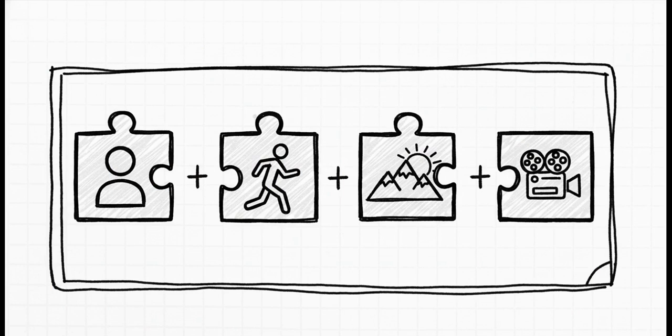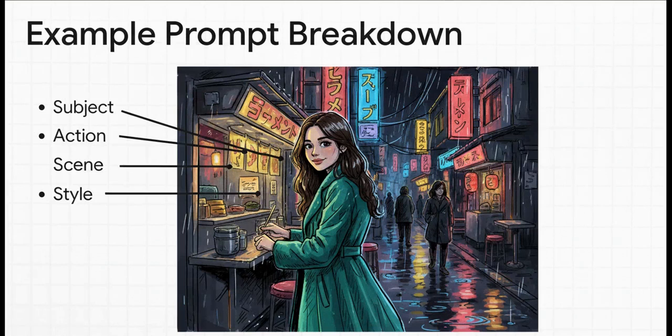Who's in the video? What are they doing? Where are they? And what's the overall vibe or style? This example just shows it perfectly in action. See how every single element adds another layer of detail for the AI? We don't just say a woman in a city. No, we say a young woman in a flowing emerald green coat in a rain-soaked Tokyo alley. We even specify her slight, knowing smile. That level of detail is so crucial because it takes all the guesswork out of it for the AI and gives it this rich, specific picture to create from.